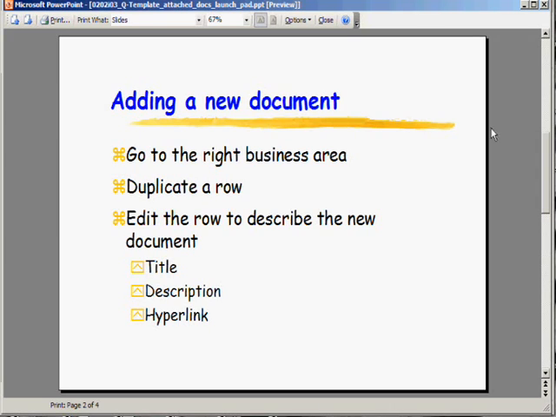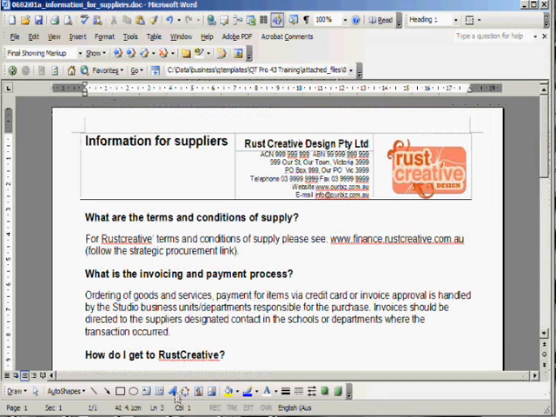So let's imagine we've created a new document. Here is our new document here. We decided that we needed an information sheet for suppliers to tell them how to pay us and how to find us and how to deal with us generally. So here it is. Now you'll notice here that we've called it information for suppliers.doc, and also we've got the